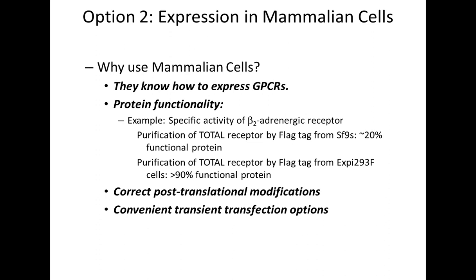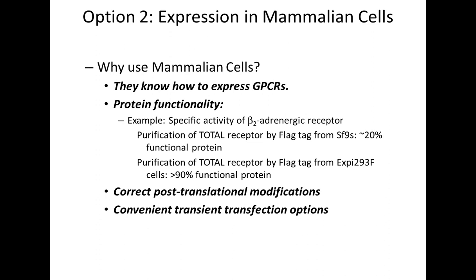Thanks, Dean. So the main alternative to insect cell expression for GPCRs has been mammalian cell expression. There are a lot of obvious reasons that mammalian cells would be preferred to those from lower organisms, the most obvious of which is simply that these cells are designed to express GPCRs, so they have all of the proper processing machinery. In contrast, invertebrates only have a single GPCR gene, and mammalian cells, as Dean already told you, have hundreds. So in many cases, the difference in expression systems has a dramatic impact on the overall functionality